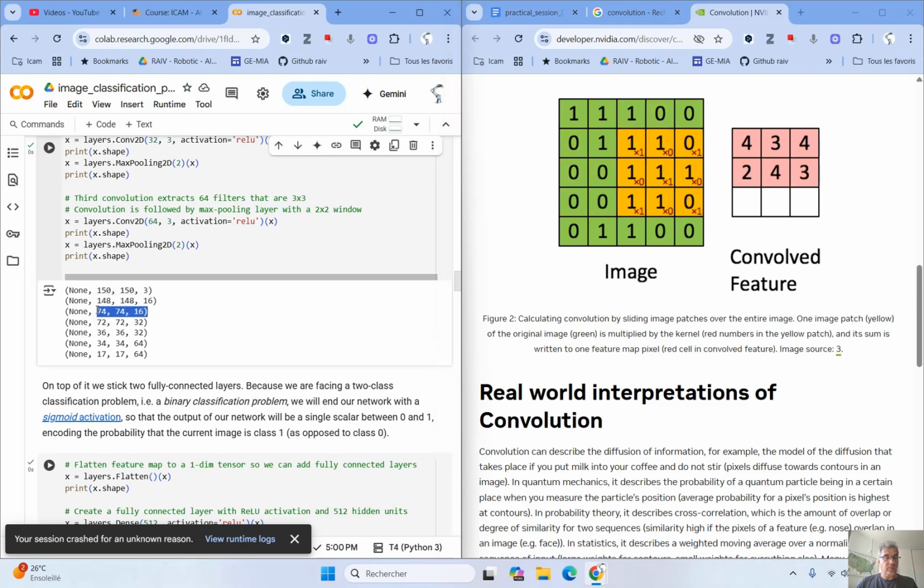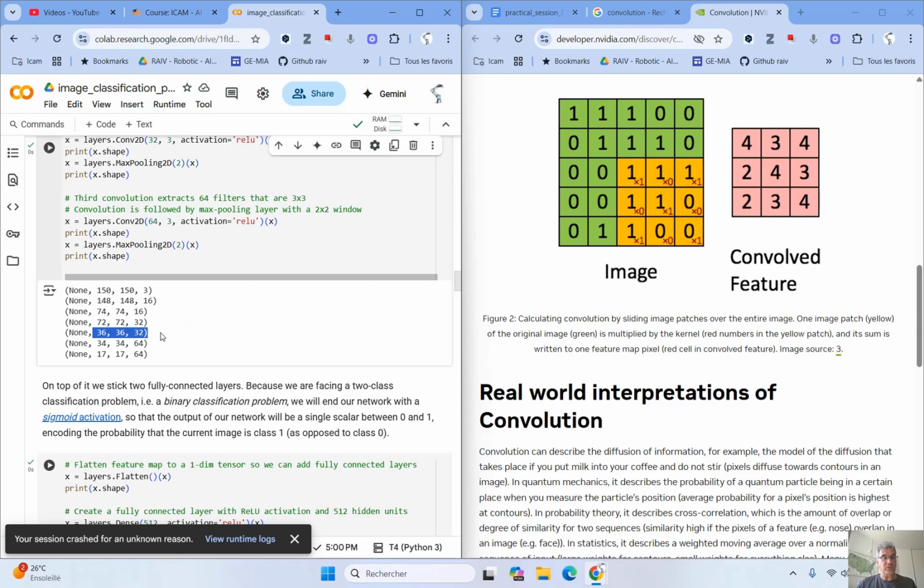Okay, here we continue to have 16 images, but the size of these images is divided by 2 by the max pooling 2D. Here we always lose 2 pixels, as I explained before, and we have 32 images because we have 32 kernels.